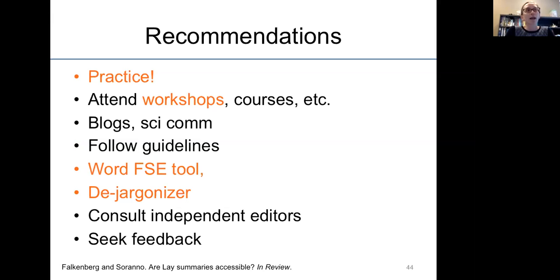I think it's a bad idea to wait on writing a lay summary until the very end. And so I think you want to think early on about writing more accessible parts of your paper. And I think you want to think about what good keywords are early on, so that you can clearly work to embed them throughout your paper in a natural way to help improve visibility of your paper through your keywords as well.